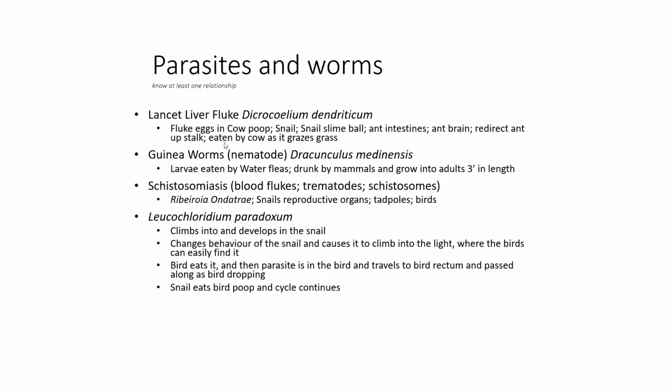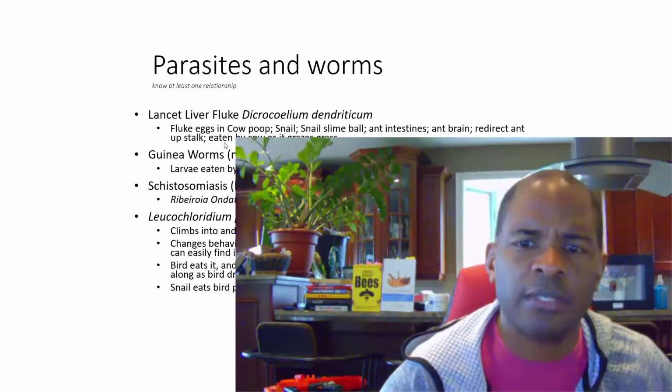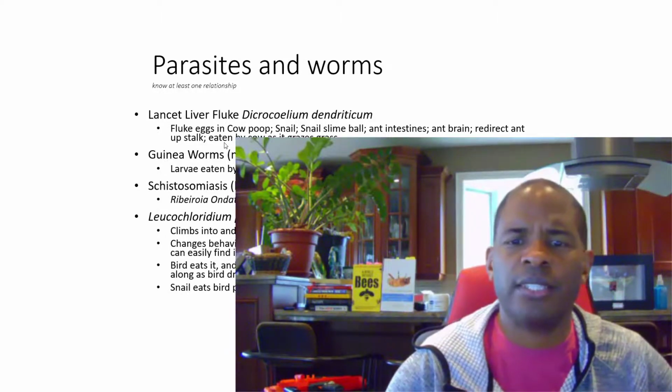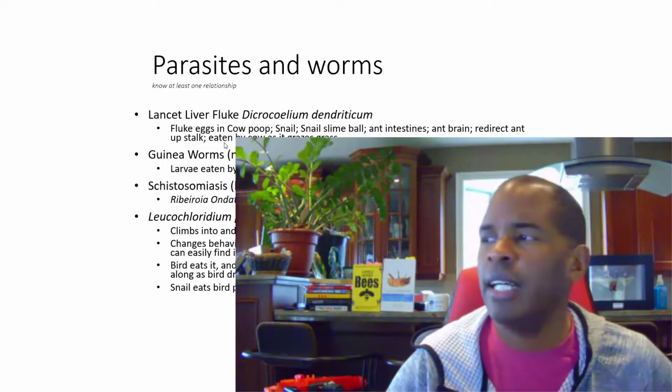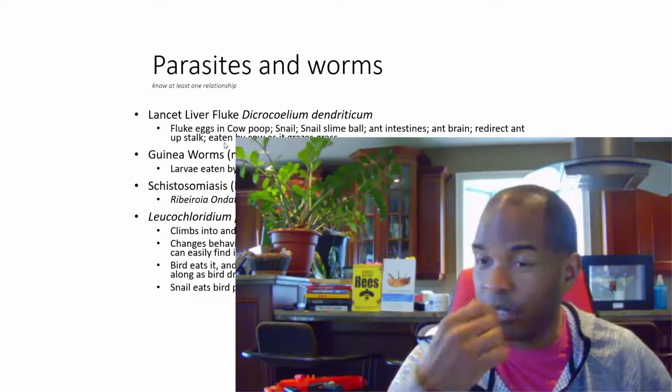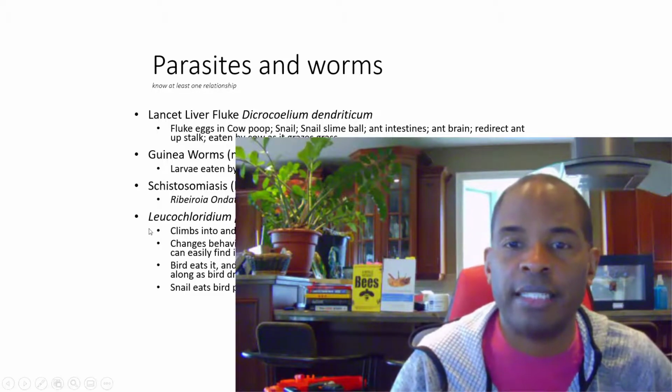Schistosomiasis, so blood flukes, trematodes, and schistosomes. These are snails, tadpoles, and birds. And then we have the Leucochloridium paradoxum. So all four of these are fascinating. There are some good National Geographic video links. I'll try to link them up for you so you can take a look at this world of parasites, worms,